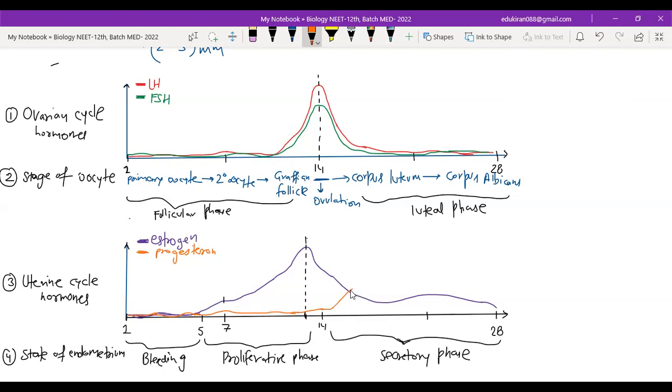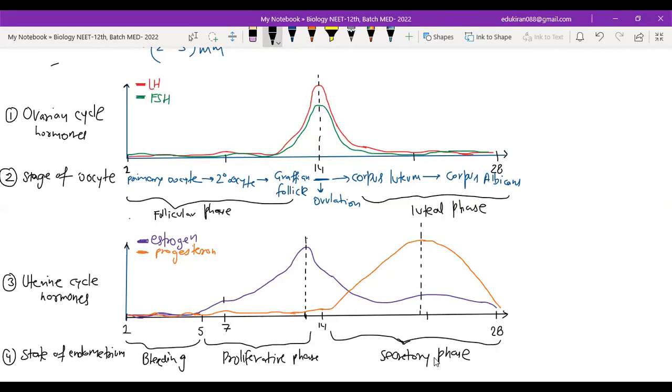And why is it rising now? Because the corpus luteum is there, secreting lots and lots of progesterone. And again, the moment the corpus luteum starts becoming corpus albicans, the level of progesterone falls down again. Can you relate everything now? So it reaches the peak